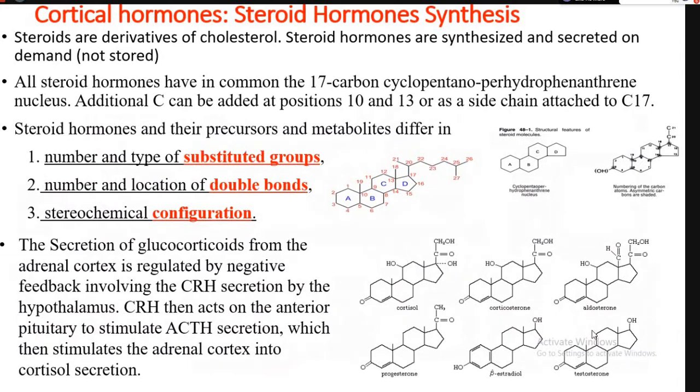Then I will go to the structure. Because this is a biochemistry class, I will mainly concentrate on the steroid hormones. Until now we were discussing peptide hormones and amino acid derivatives. Thyroid hormones are amino acid derivatives. And others, the pituitary hormones, we discussed so much. The hypothalamic hormones and then pancreatic hormones, all of them were peptide hormones. Now today, I will begin the steroids. So why steroid hormone? Why is it called steroid?